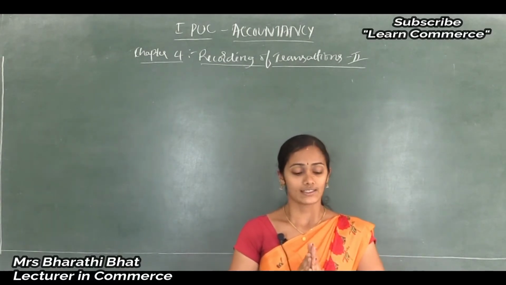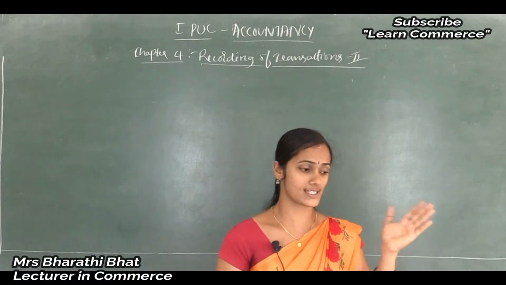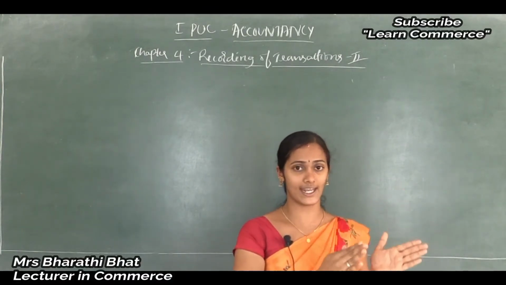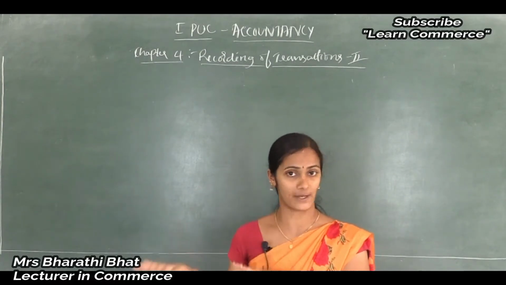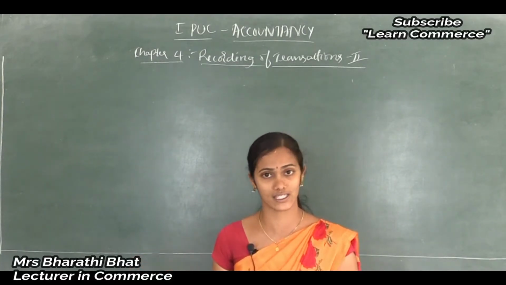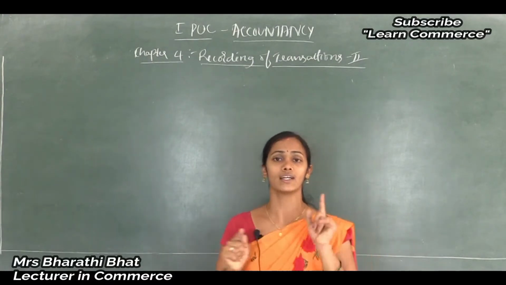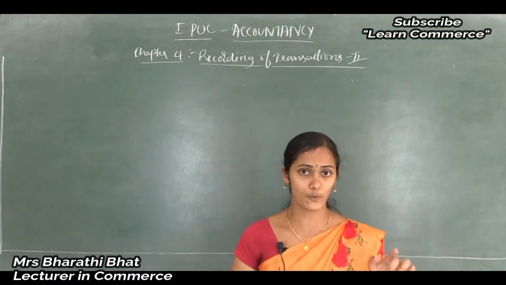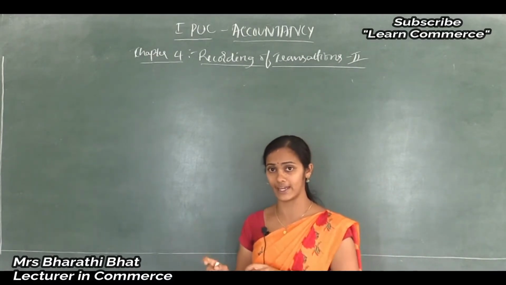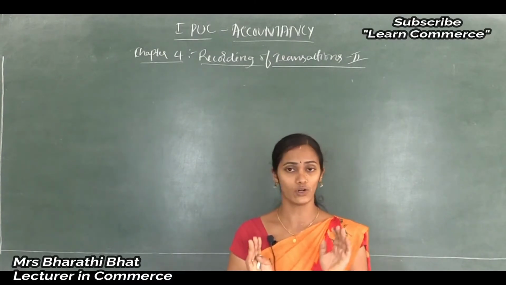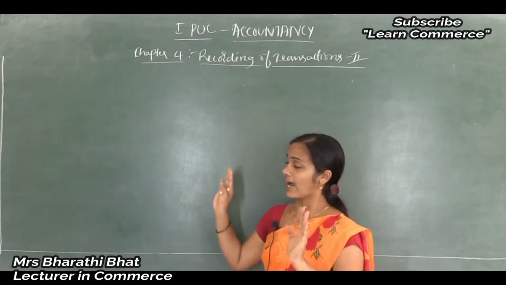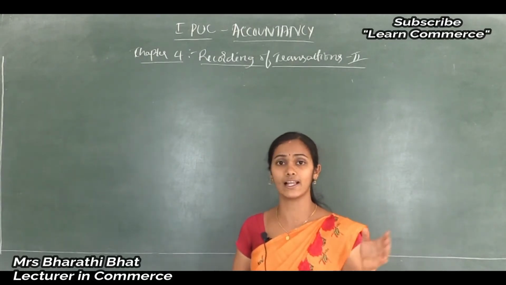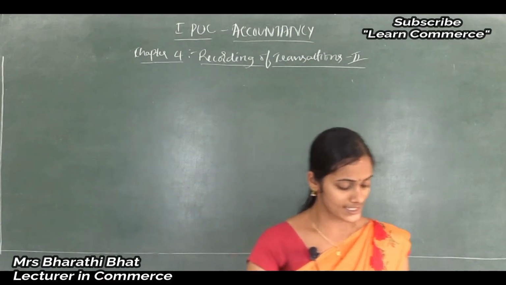Sales book. The format is similar to the purchase book, only instead of name of supplier we write date, invoice number, name of purchaser or name of customer. In brackets we write account to be debited, and then LF and amount columns. In the purchase book we write the name of supplier, but here the name of customer. Only that much difference is there, or else the procedure to prepare the sales book is similar to the purchase book. Let's see the first question